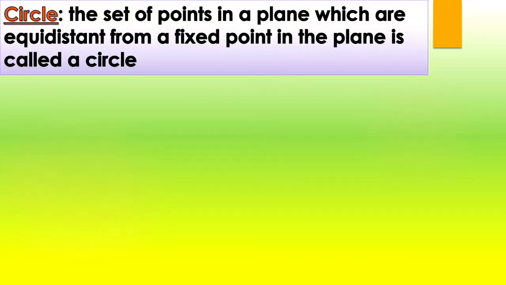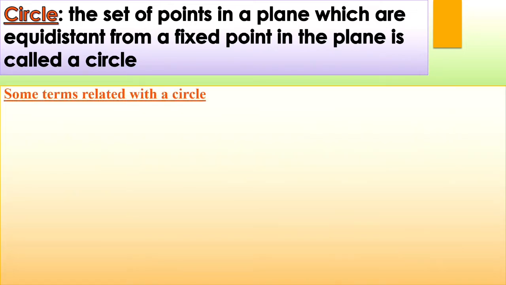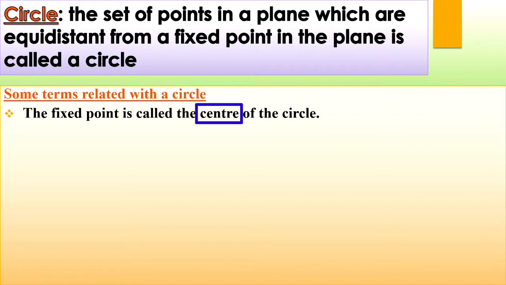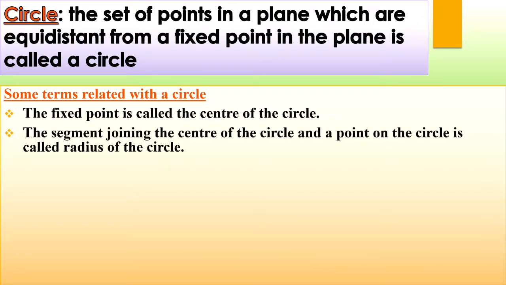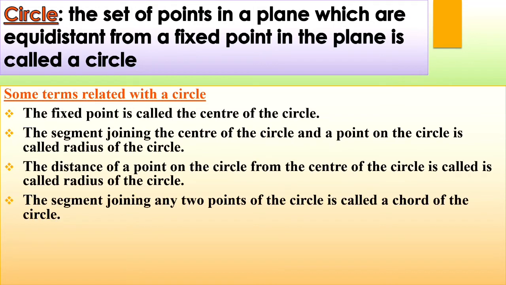Now children, what is circle? The set of points in a plane which are equidistant from a fixed point in the plane is called a circle. Children, there are some terms related with the circle. Let's see. The fixed point is called the center of the circle. These terms we can ask in MCQ also. The segment joining the center of the circle and a point on the circle is called radius of the circle. Children, the distance of a point on the circle from the center of the circle is called